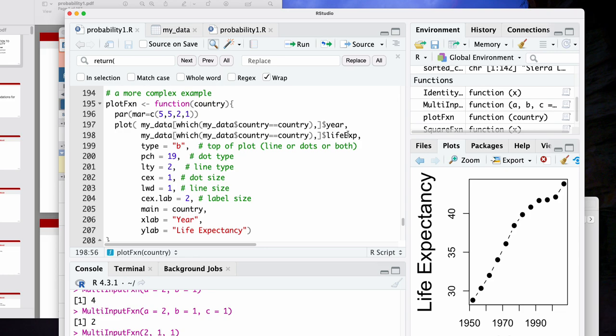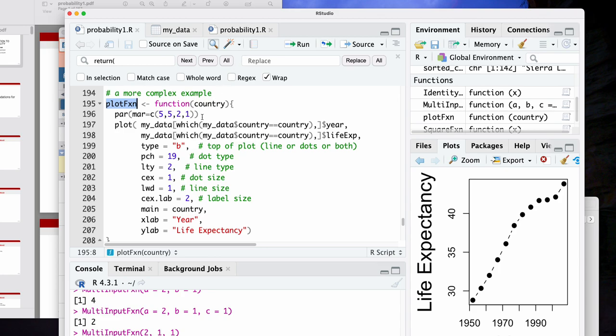Instead of typing, plot 156 times or whatever it is, I'm going to write a function and I'm going to call that function over the countries, and this is just going to give you an illustration of how you can use functions to automate your process. Think of a function as a tool to automate what you're doing, and automation makes your life easy.